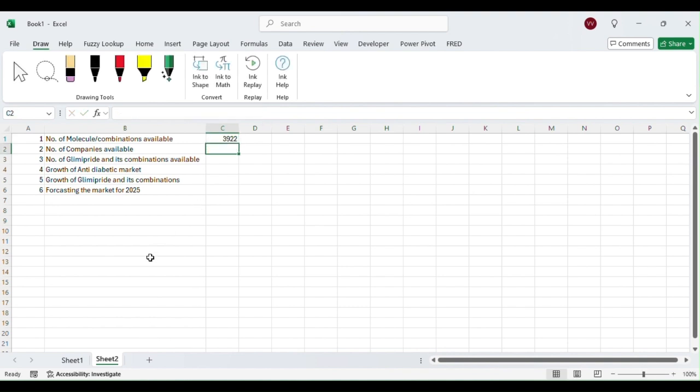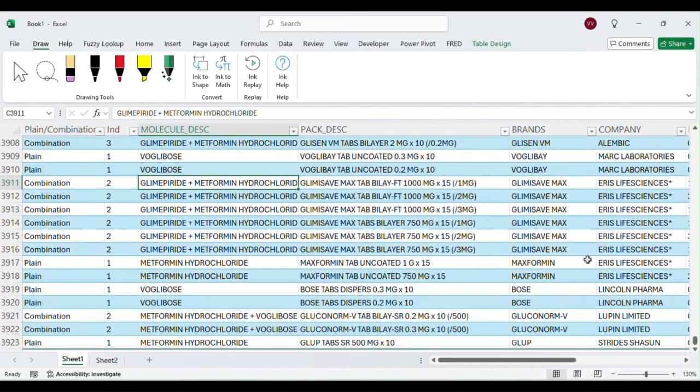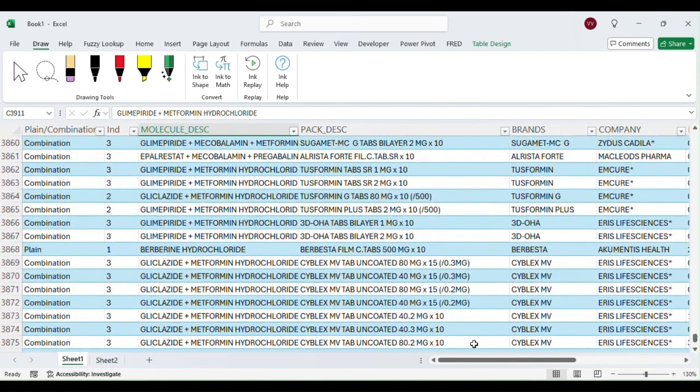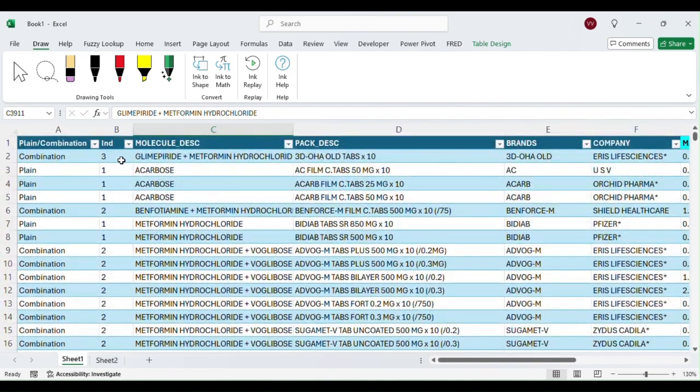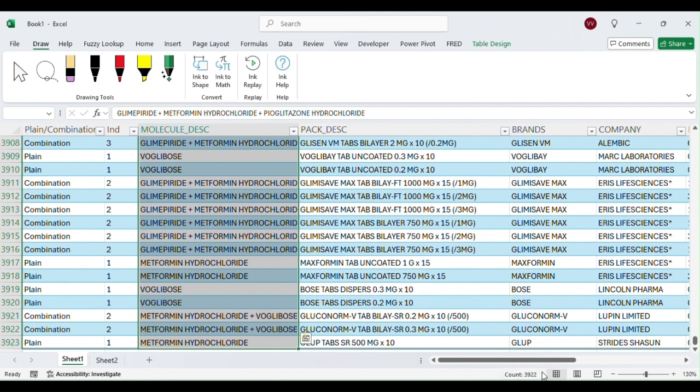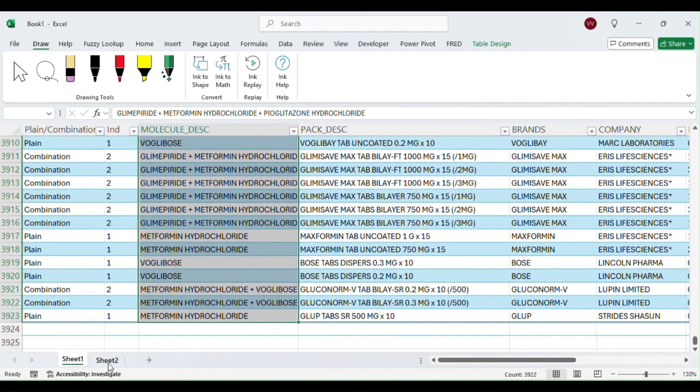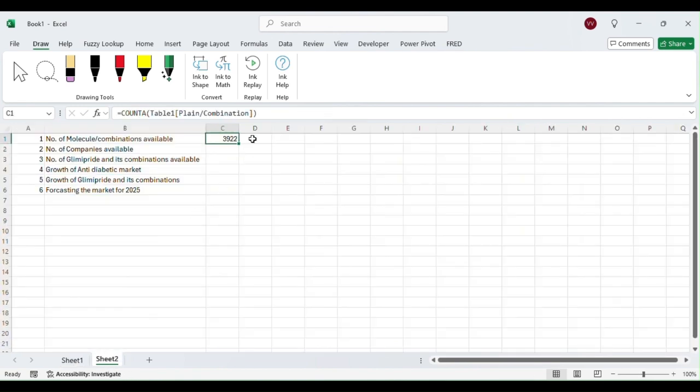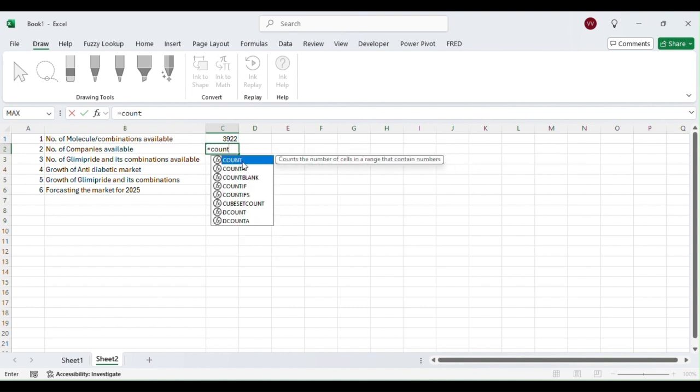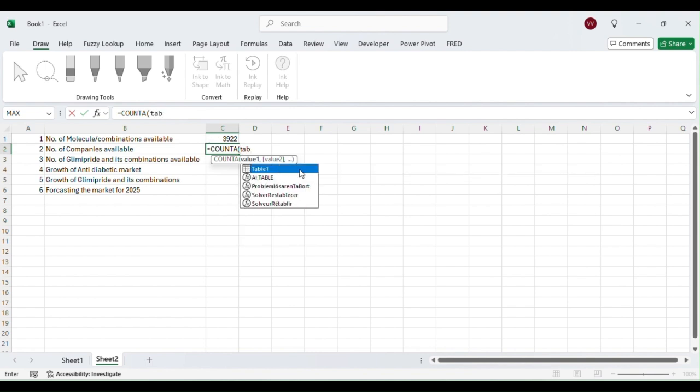If you want to cross check this, we'll go here. From here we can simply select, and you can see that it's 3922, and our data is 3922. Now we need to count how many companies are operating in this market. So simply equals COUNTA. Here also we will use COUNTA. Then it is in table format, so we go to the table,